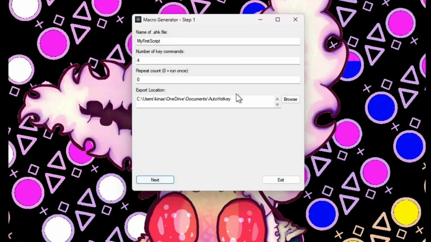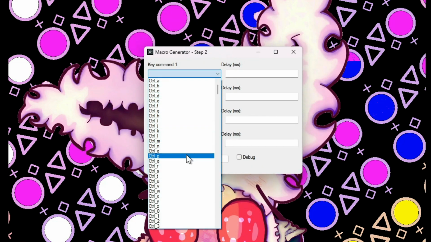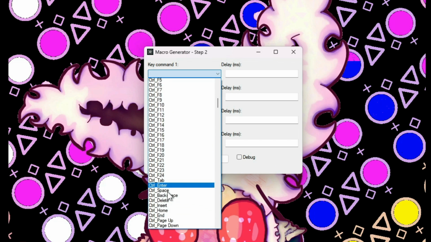So, we'll just head back forward just to show. See, it'll just turn back. And after that, you can see a bunch of lists of key commands you can do. Unfortunately,